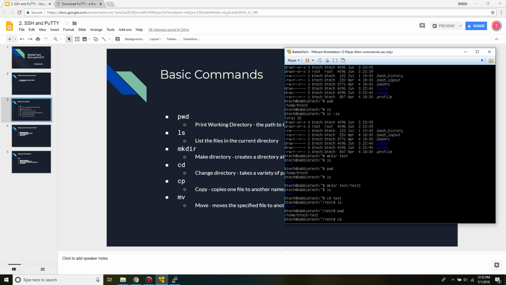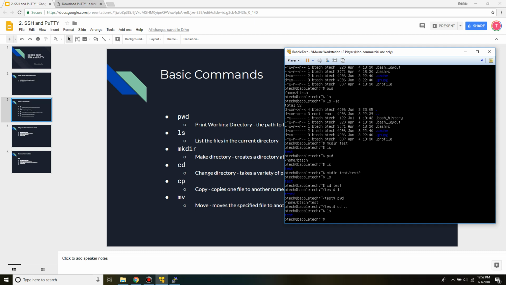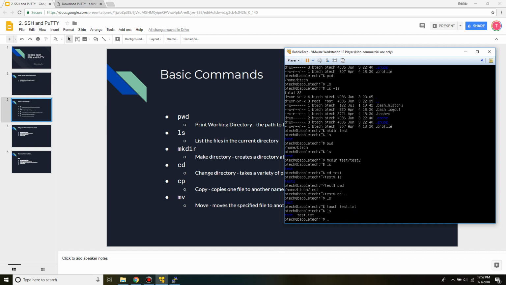And we can go backwards by doing cd .. That will take us back one step in the hierarchy of the path that we're in currently. So getting off on a little bit of a tangent here. Just create a test file real quick. I just touched it. That just basically means designate this file name. But for the purposes of demonstrating copy,